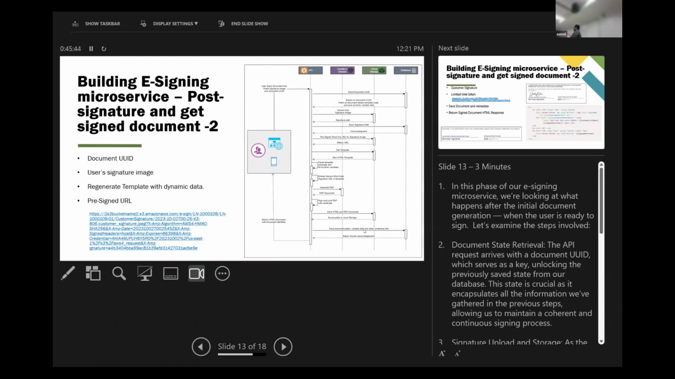Now that HTML response is basically all the static content, dynamic content along with the signature image, and the user will be able to see the signed document over there. So once the user clicks next, then the whole signing process gets completed. So this is in a nutshell how the second API works. So let me delve into the signature part of